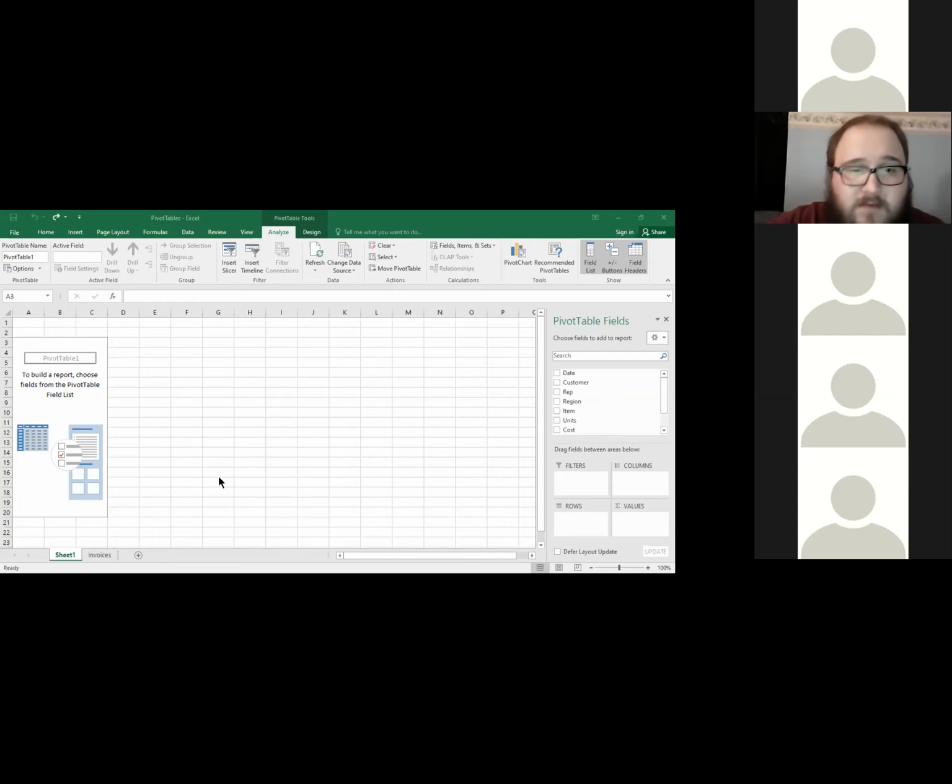So right now, you don't see anything because we haven't shown where we want each of those fields to go. We have 4 different selections here that allow us to dictate where each of those sections is going to go. So first thing,